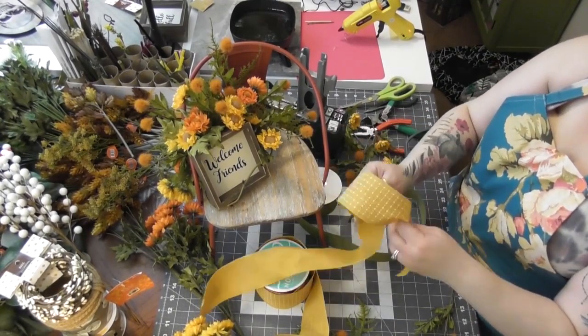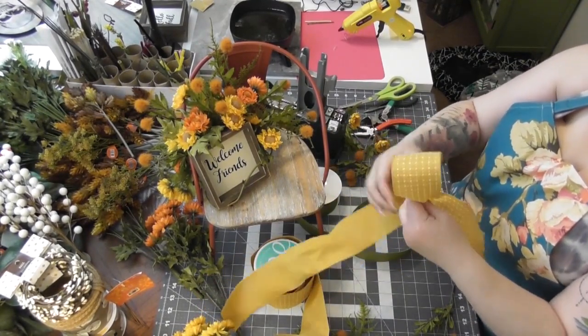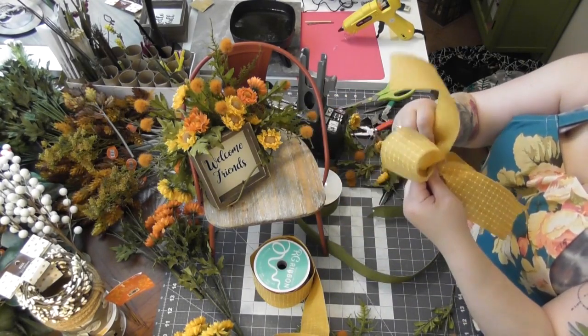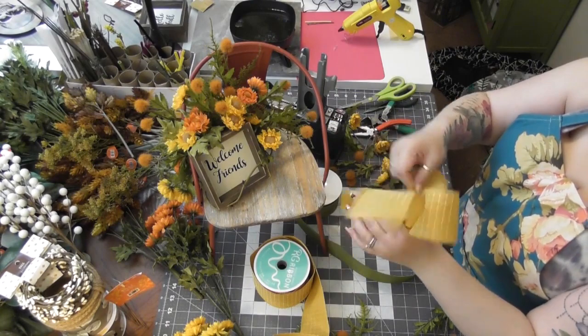Here's 1 gather. Here's 2 gather. I obviously twisted it here. There's the 3rd gather. Twist that again. Everything faces the same way. It's not